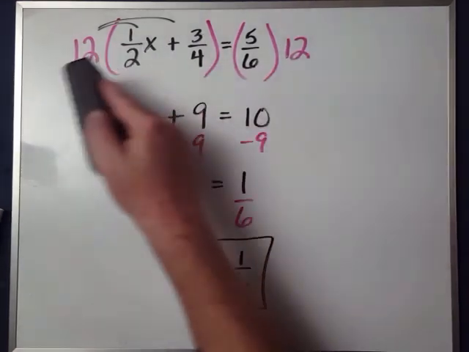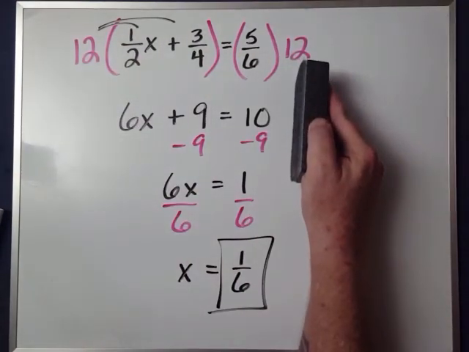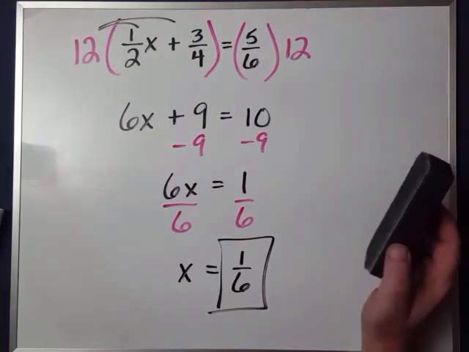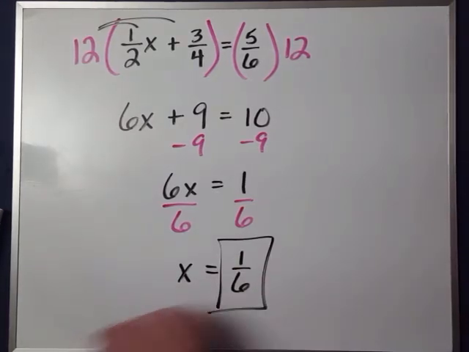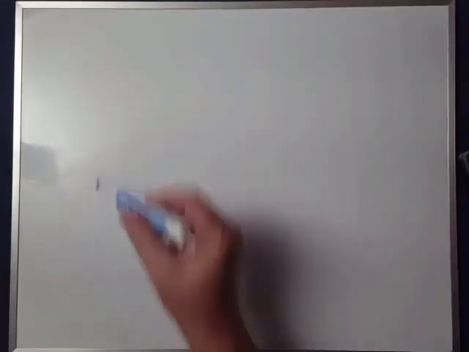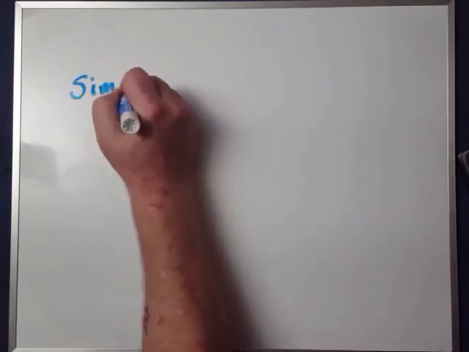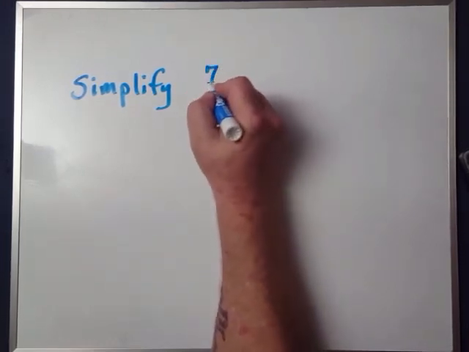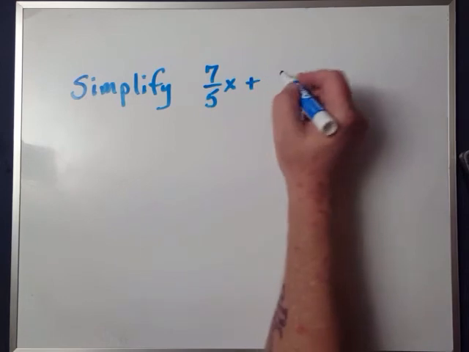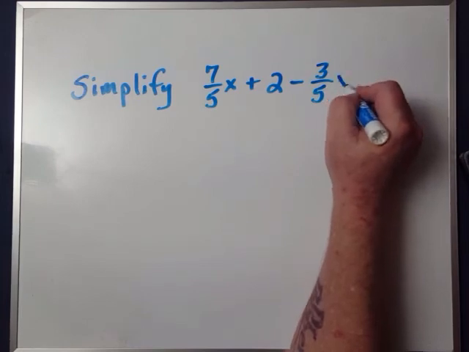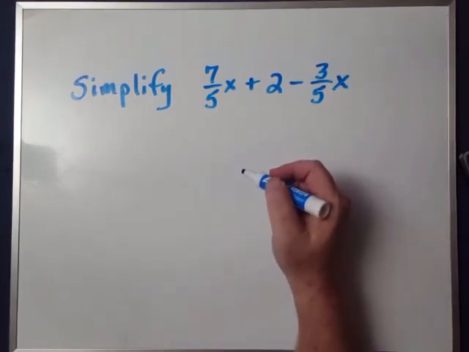This works for an equation because you have two sides. You can clear fractions from an equation. You cannot clear fractions from an expression. Section 1.7. Okay? Let's take a moment before we work another equation. If I say simplify, let's say, I don't know, 7/5 x plus 2 minus 3/5 x. You cannot clear those fractions